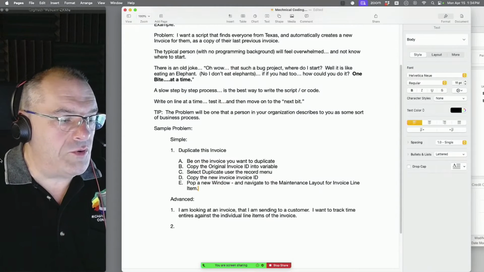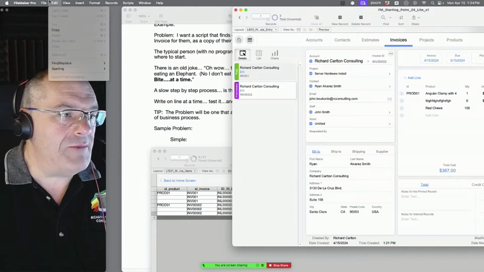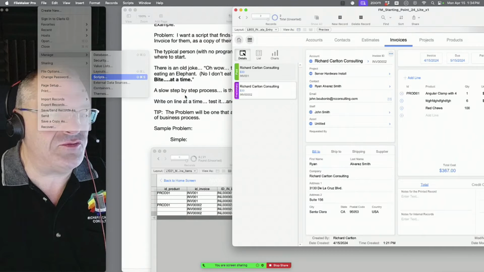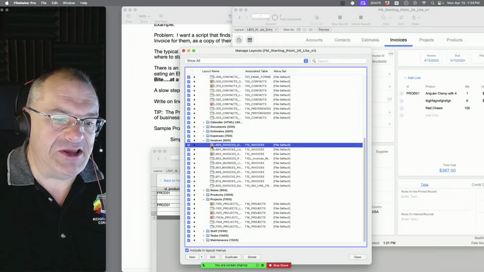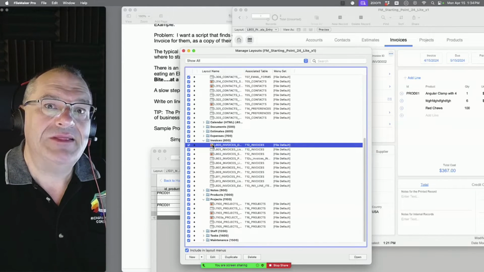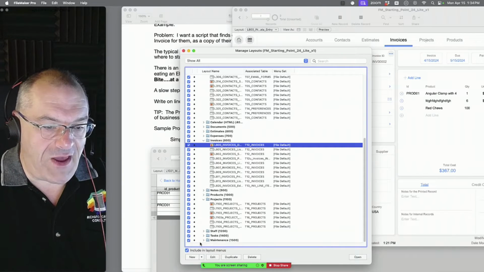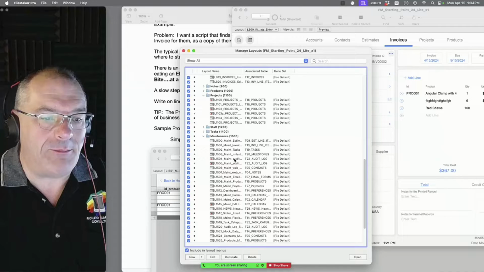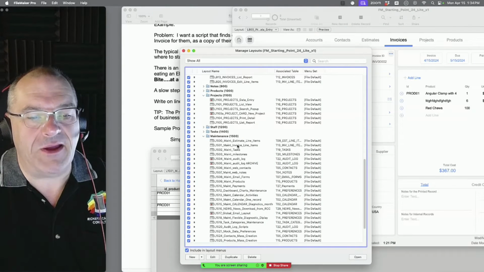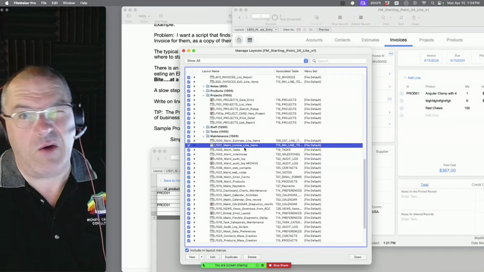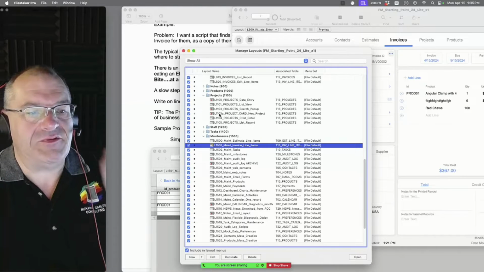If I go just real quick to solidify or codify that design idea. One of you said manage layouts. If I go to layouts real quick, I'm going to pop this up. Remember the little sparkler explosive laser looking thing means that there's a trigger. That's a layout level trigger, not an object level trigger. We found that out the other day. So if I have maintenance layouts down here, a couple of them have triggers on the layout. But as a general rule, there's my invoice line items. It doesn't have one. There's probably not one on the objects on the layout. Once again, this is just maintenance for this purpose, okay?